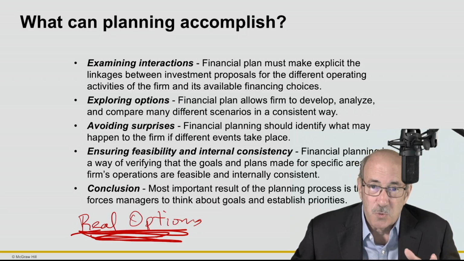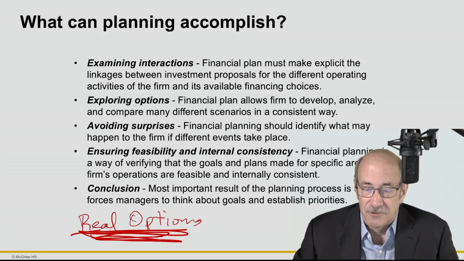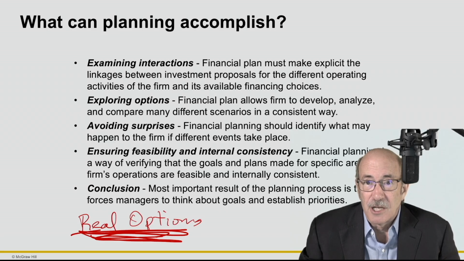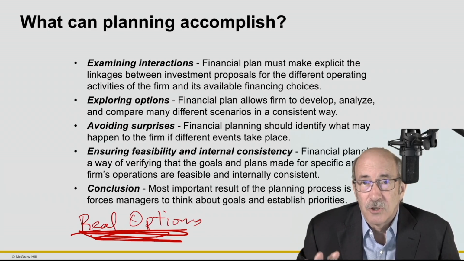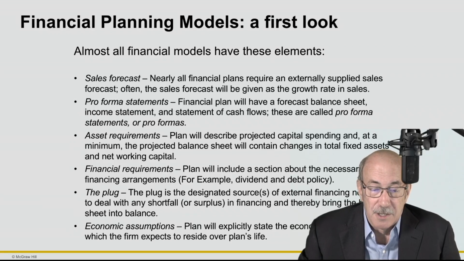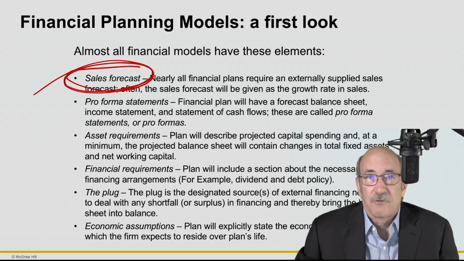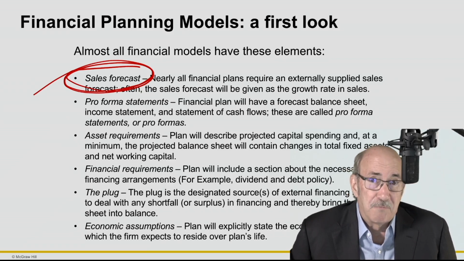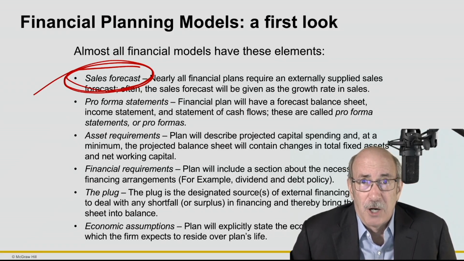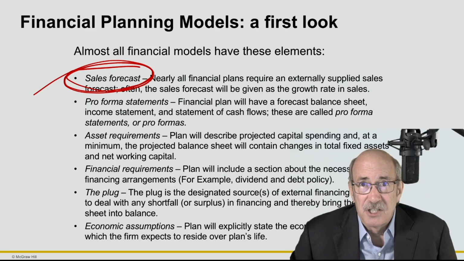Anyway, I just wanted to point this out to you and add that to the list of items here that we should be thinking about when we talk about long-term financial planning. All right, so we're going to need a few things when we get started. One of the primary things we're going to need here is a sales forecast. Where do we get that? Well, typically we're going to work with our marketing department, a sales group, and try to figure out what's potentially out there, how much additional demand is there that we have not fully realized, and how quickly can we access that demand.